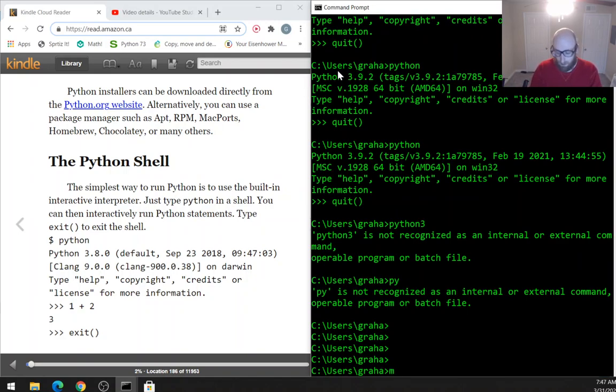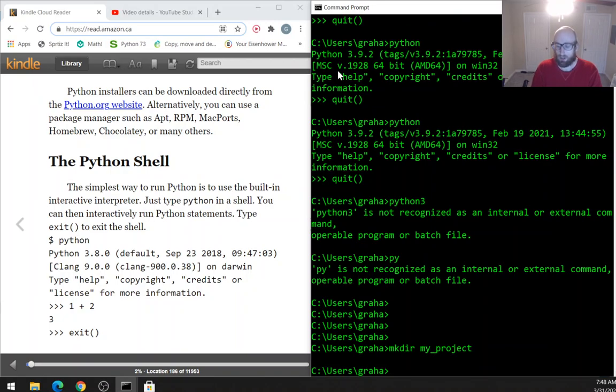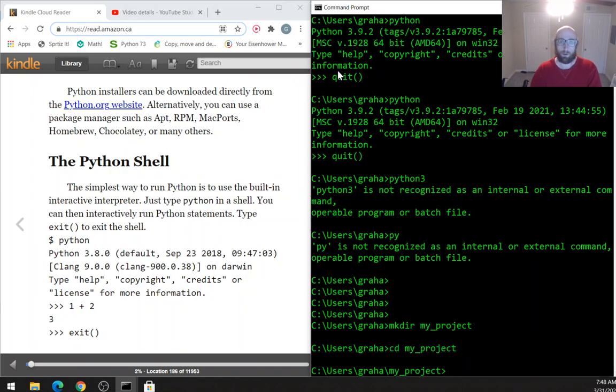So I'm going to create a new directory, mkdir my project, and then you can change into that folder. So cd into the my project directory. And then you can create what is called a Python virtual environment. So I use the same term python for Python 3, and then I can use this -m